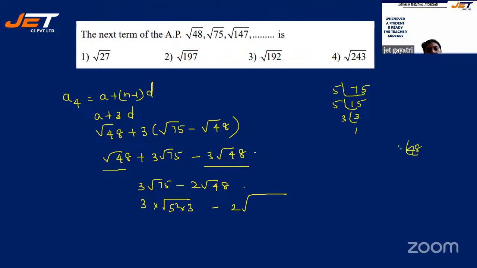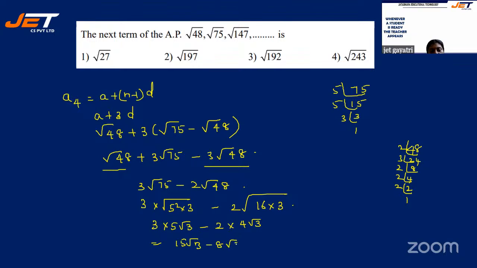Then you can do this. 2 4s are 8, 2 2s are 4, 4 2s are 8, 8 2s are 16. 16 into 3. Now 3 into 5 will become 15 root 3, minus 2 into 16 will become 8 root 3. So 15 root 3 minus 8 root 3 becomes